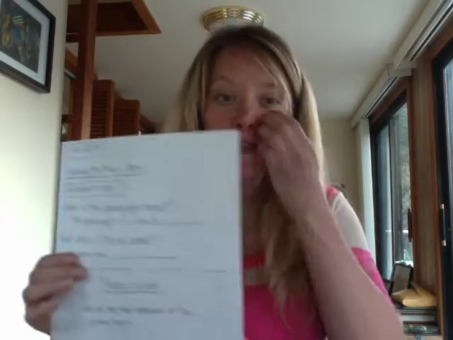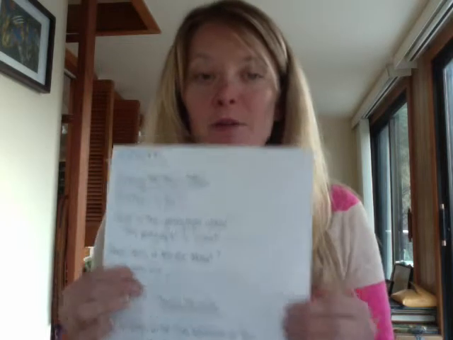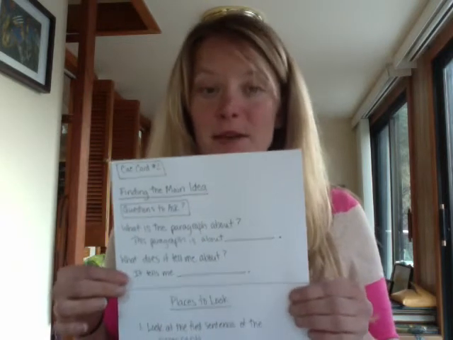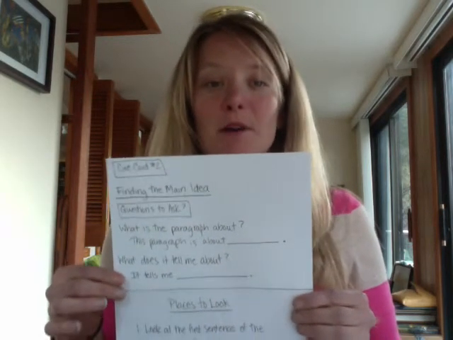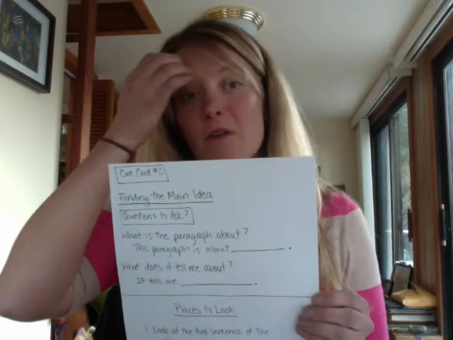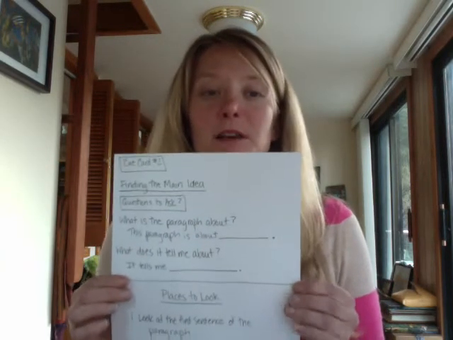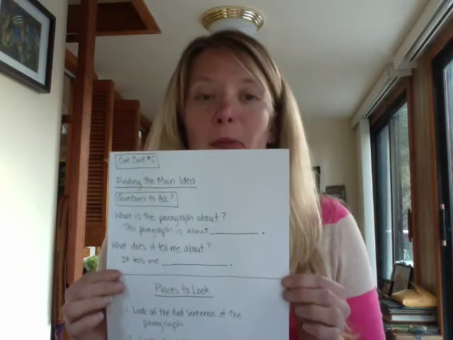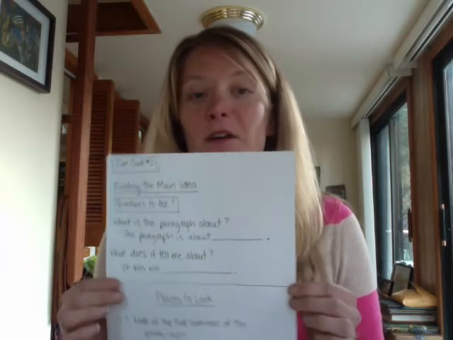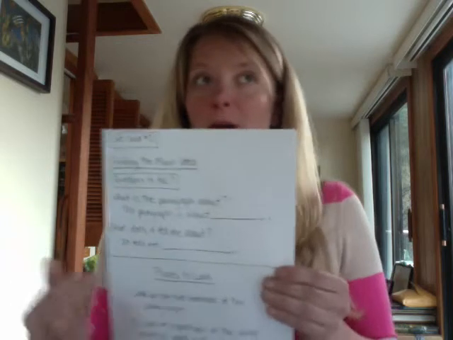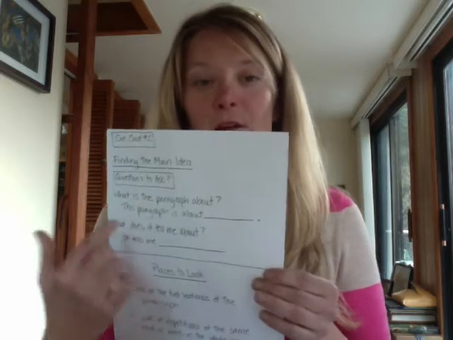Okay, so this is the second part that I just wanted to review with you guys before I got cut off a minute ago. The ways for questions to ask ourselves, and step number 2, ask what the main idea and details are. I want you guys to look at this. What is the paragraph about? So you're going to think about what the paragraph is about, and you can write it down. The paragraph is about blank.